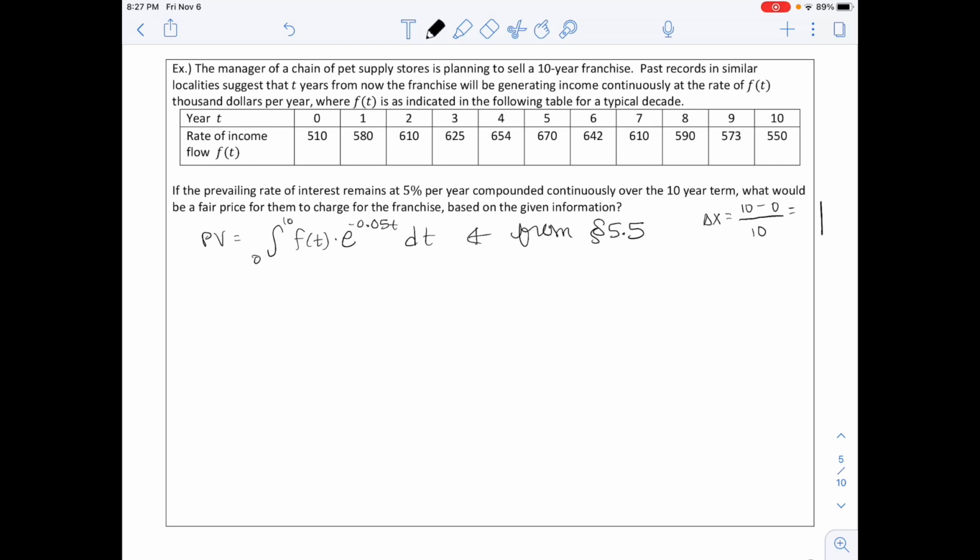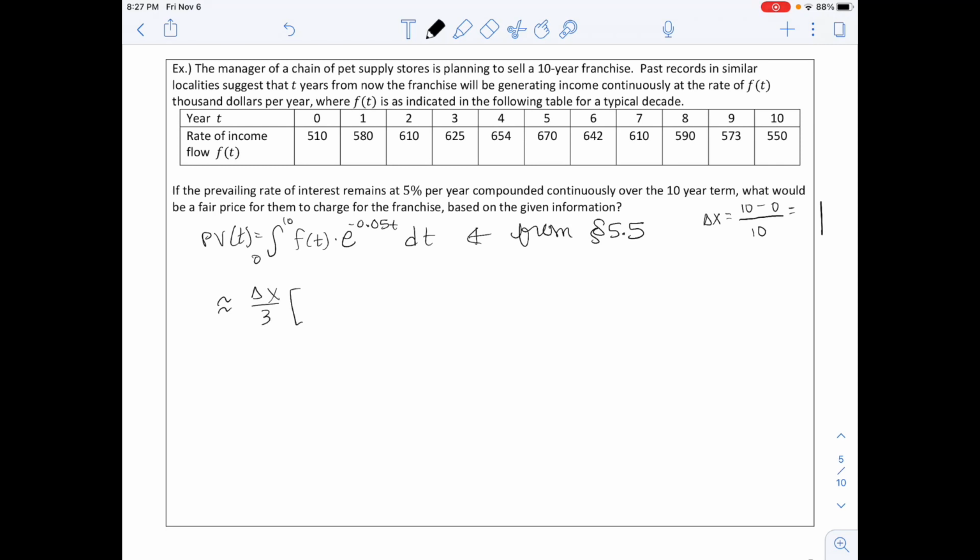So we are going to evaluate this, and in order to do that, I do not have a function to integrate. I am going to have to use my table, and I'm going to go ahead and use the Simpson's rule approximation in order to approximate the area under this curve. I'm also going to go ahead and say that we have our P of V at time t is equal to this integral. So from Simpson's rule, we know that this is approximately equal to delta x divided by 3